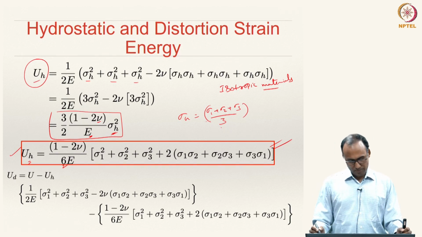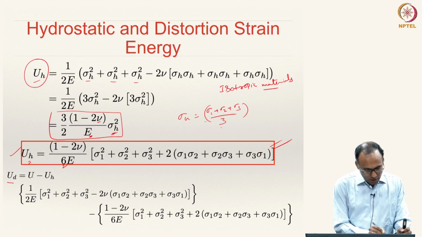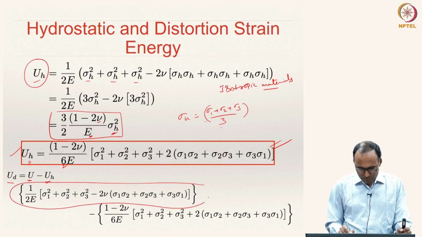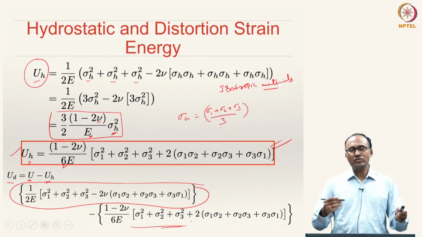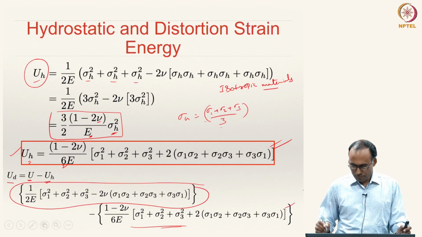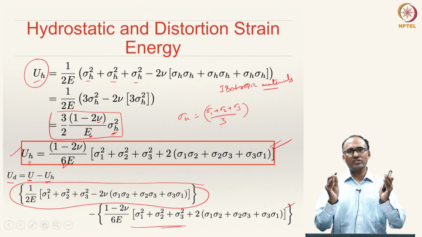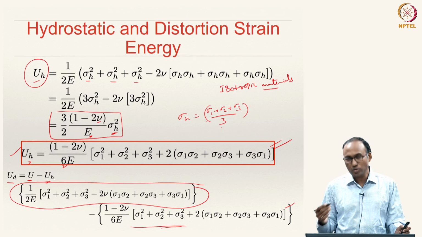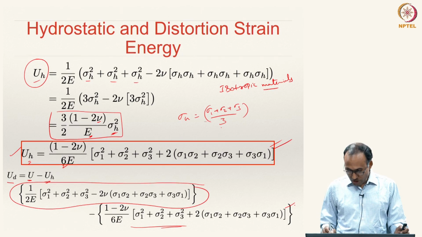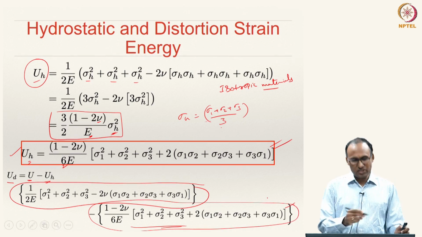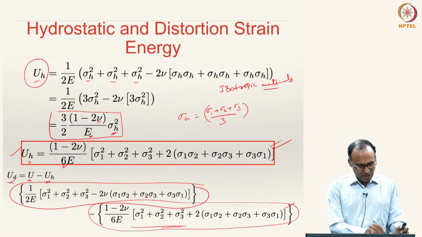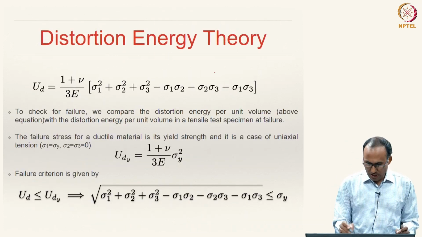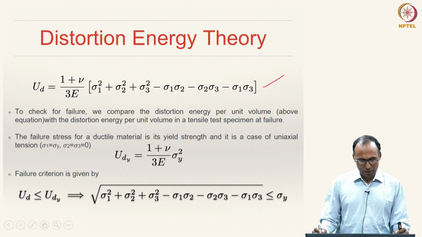When you have a stress tensor in principal stress space, the distortion energy will be total strain energy minus the hydrostatic part of the energy. We have already calculated the total strain energy, and subtracting the hydrostatic part is what gives us distortion energy, right. And this distortion energy is what is responsible for plastic deformation. The hydrostatic part is not responsible, and hence whenever we assess plastic deformation, we should subtract the hydrostatic part of the energy and only consider the distortion part. So, that is why the distortion energy is calculated that way. If you simplify this equation, the distortion energy is given by this simple expression.